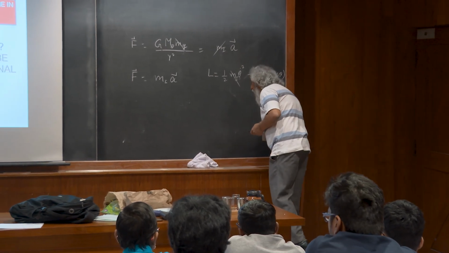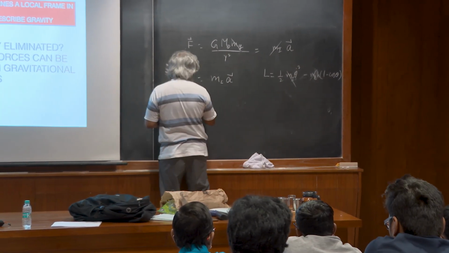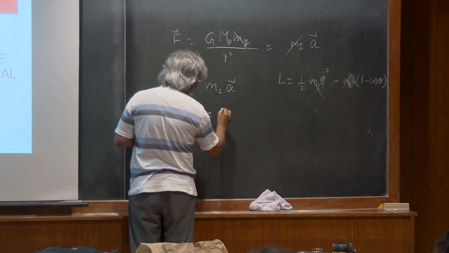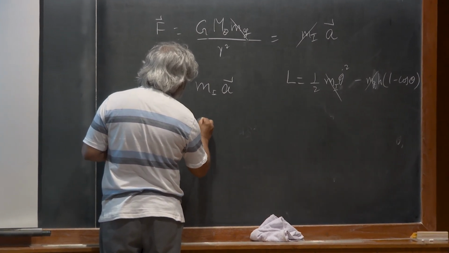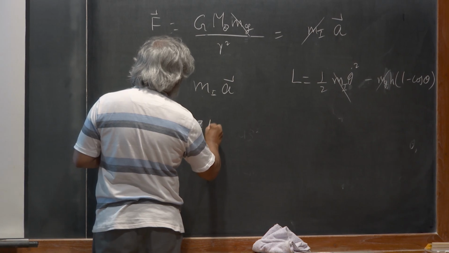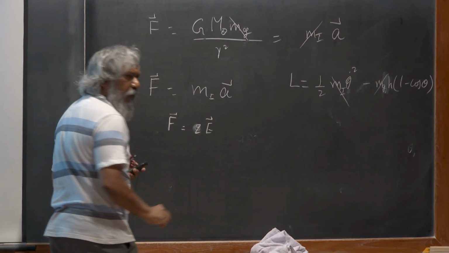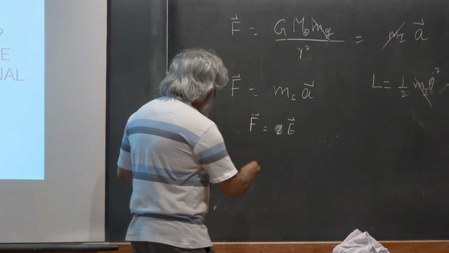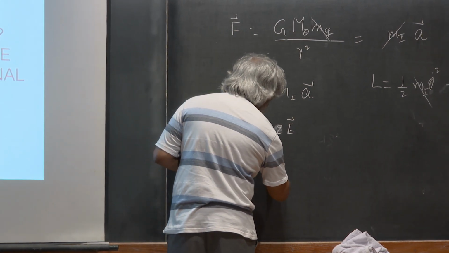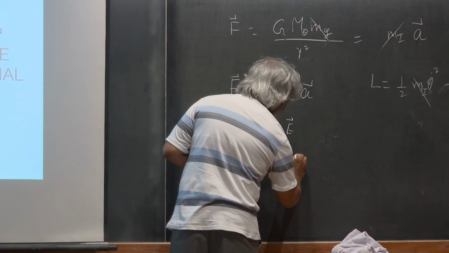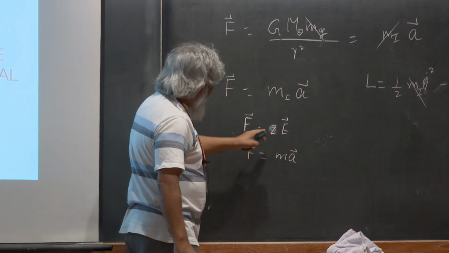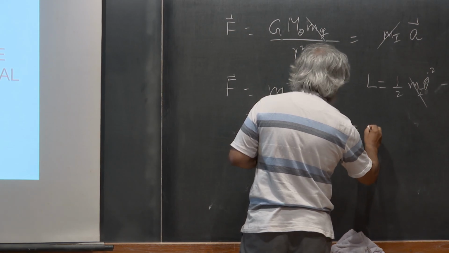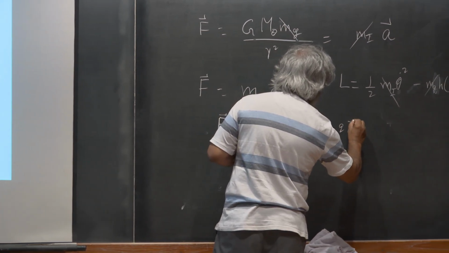So in the language of forces, when a charged particle is moving in an electric field, the force is given by E times Q, the electric field. Let's not worry about signs and all that. The force on a charged particle is given by this. The acceleration is given by m times a. So if I put these two equations together, I'll find that the acceleration of the charged particle is given by qE over m.